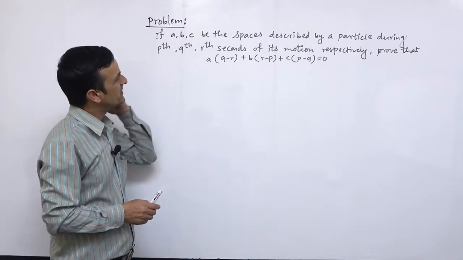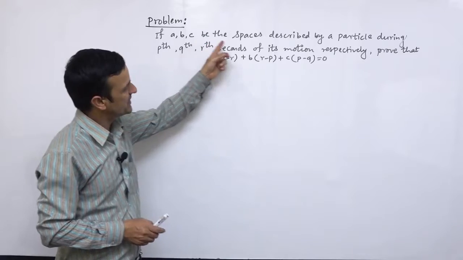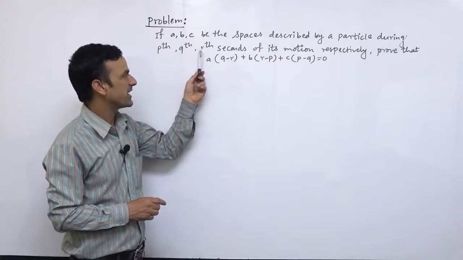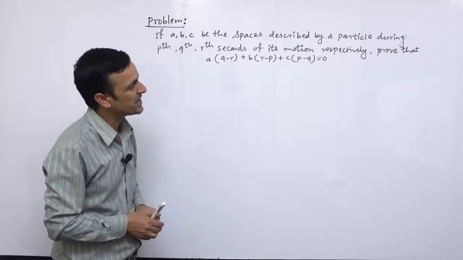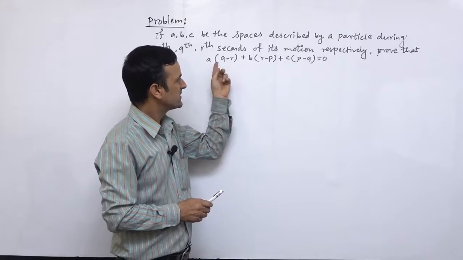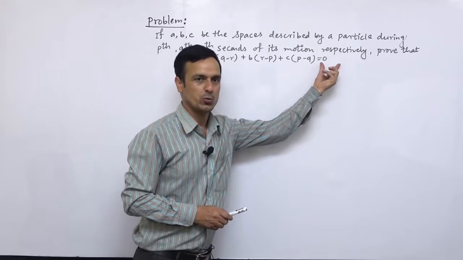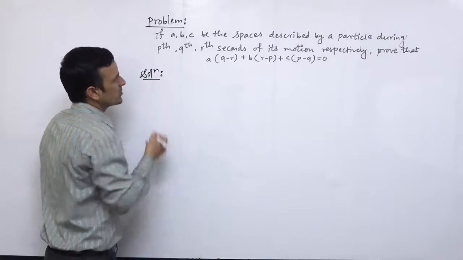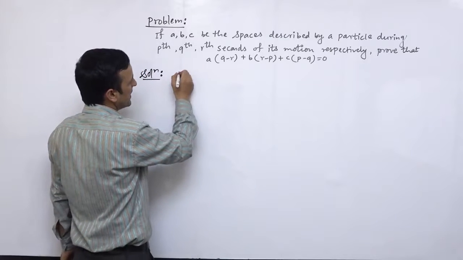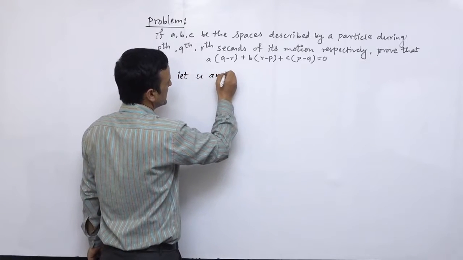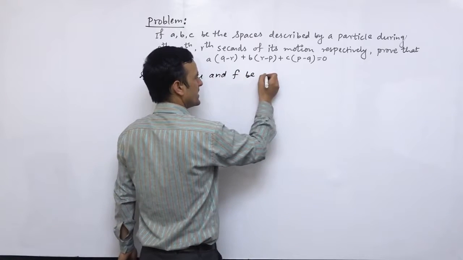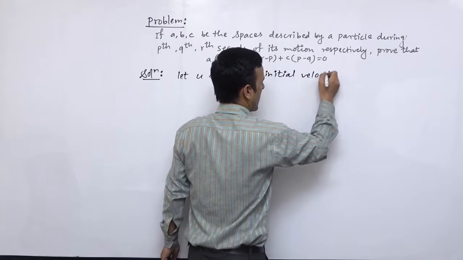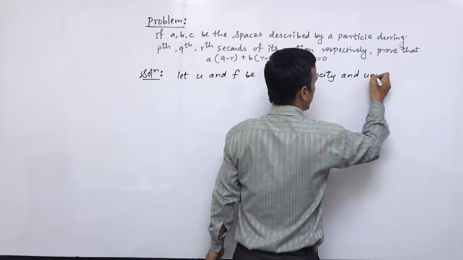Okay, we have another question. If A, B, C be the spaces described by a particle during the pth, qth and rth second of its motion respectively, we have to prove that this result equals 0. So for this we can suppose let U and F be the initial velocity and uniform acceleration